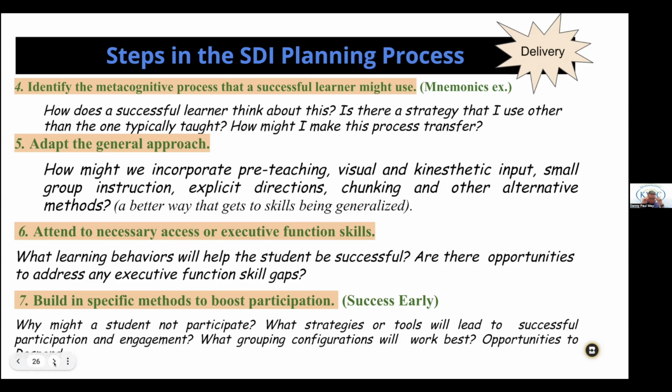I heard a statistic once a few years ago, and I think it was Dr. Anita Archer that talked about it. She's the explicit instruction guru that I refer to often. It was such a life-changing experience for me to be in the same room with her for 4 days, for 8 hours, and listen to her talk about instruction. But one of the things she said was, students with what we would consider average range intellect need 7 experiences with a new concept, and students with disabilities need 27 experiences with a new concept.